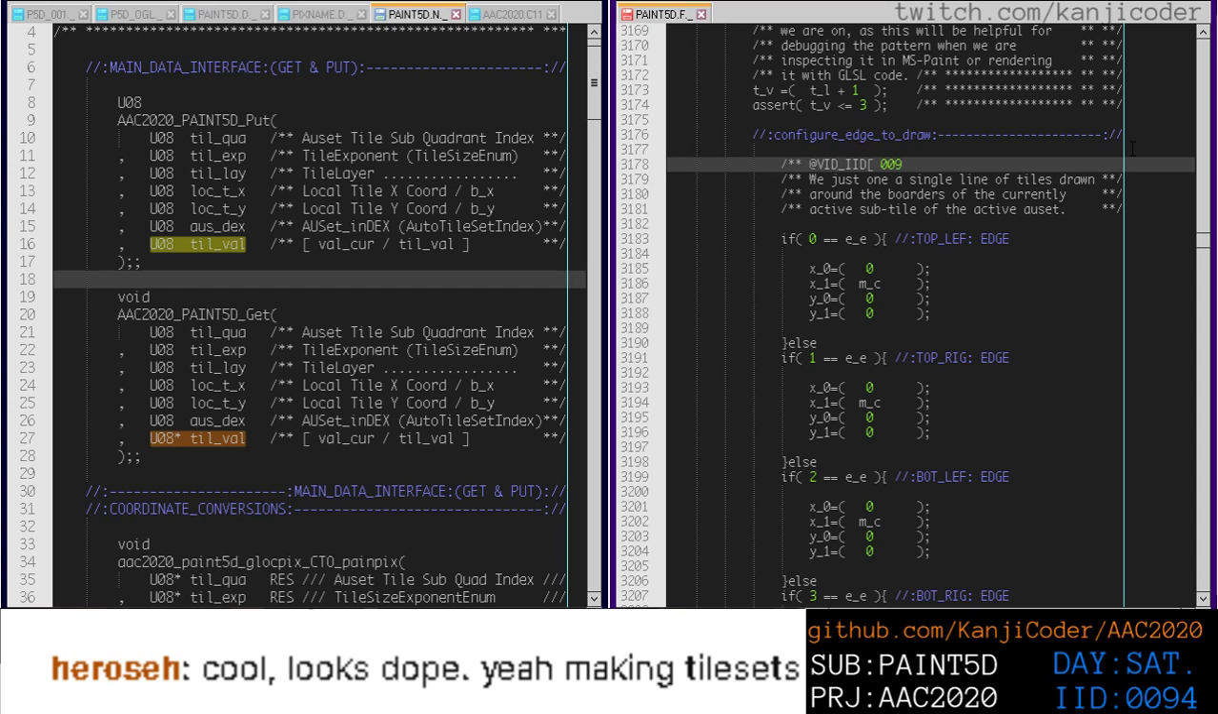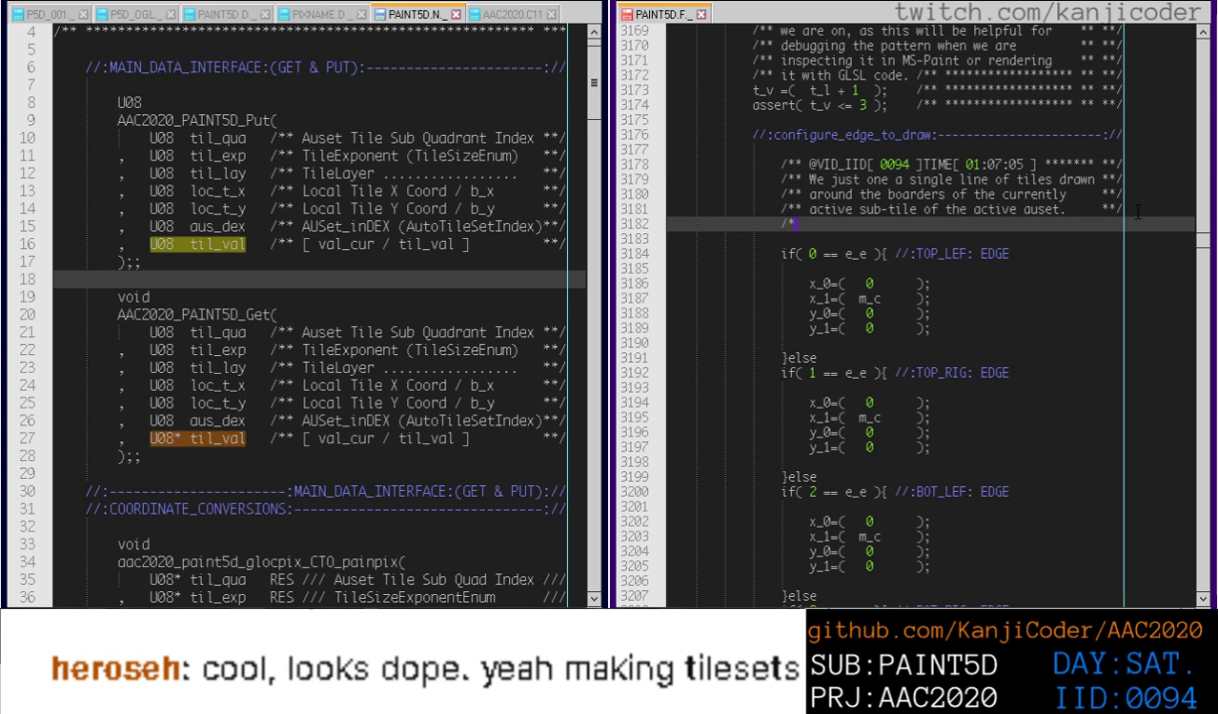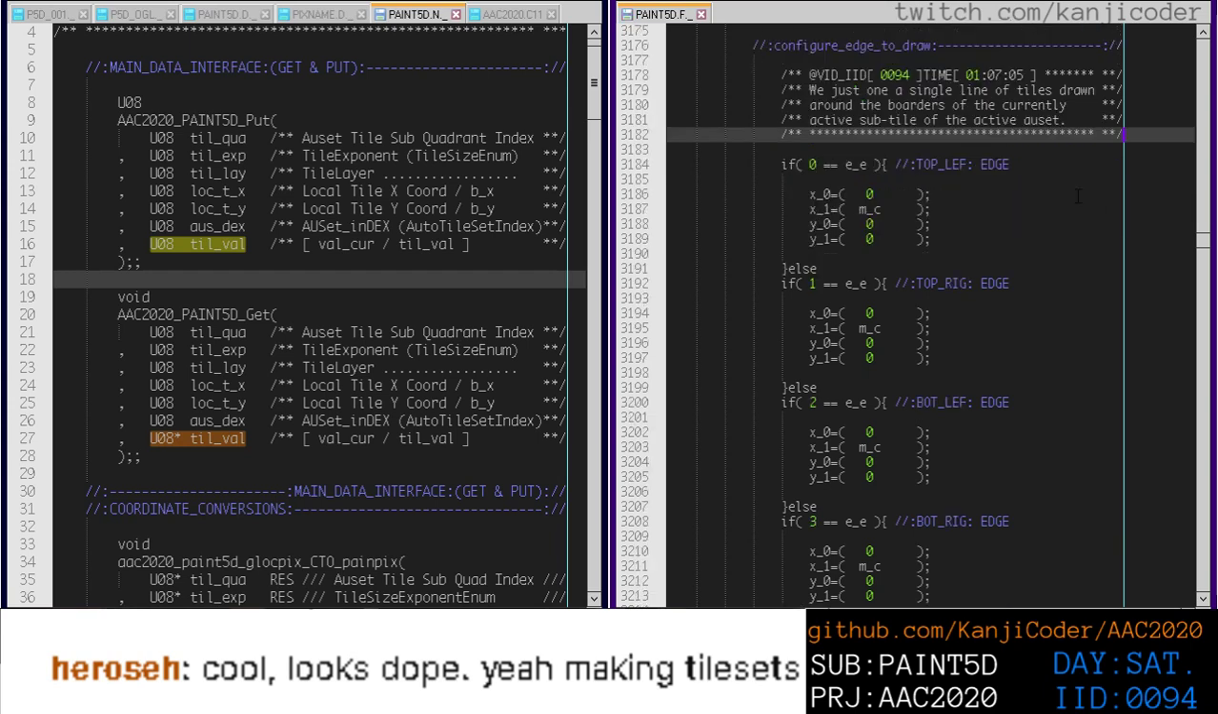This is video 94, and the time is 1 hour, 7 minutes, and let's say 5 seconds. The reason I'm going to write it like this is that I don't want to clutter up the little statement I made down here. So these are all the different edges, and they're the different locations. So for the top,